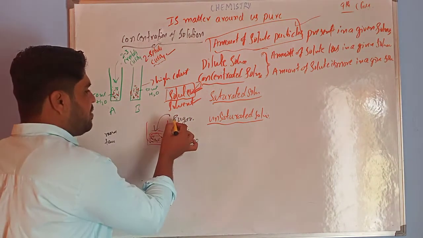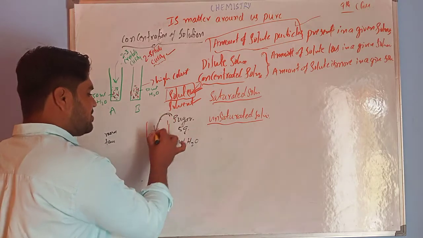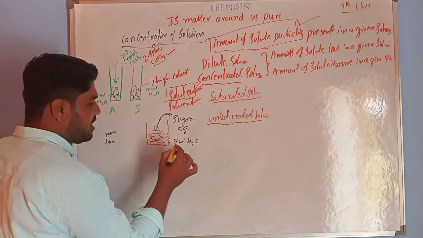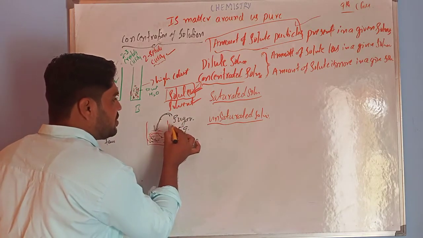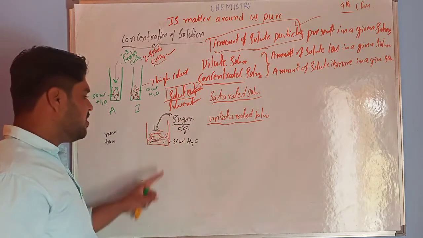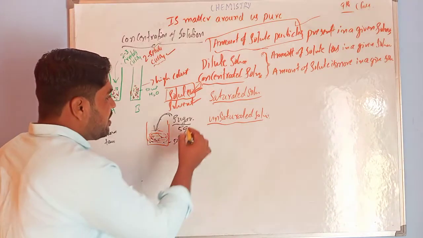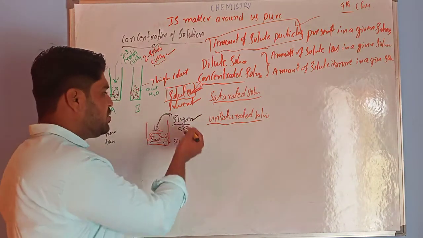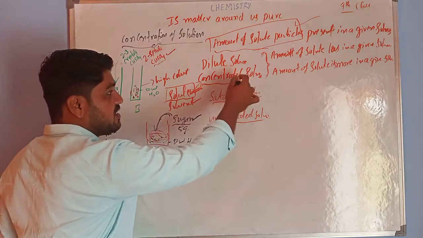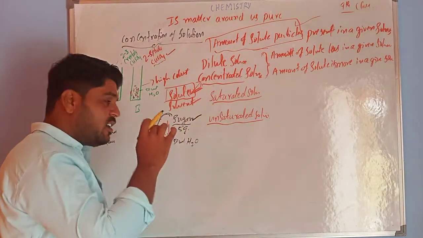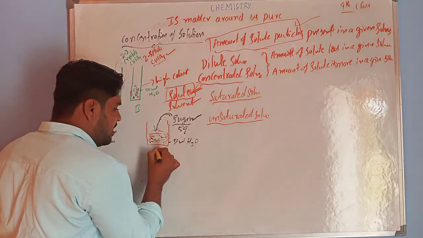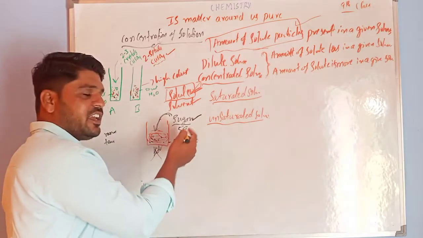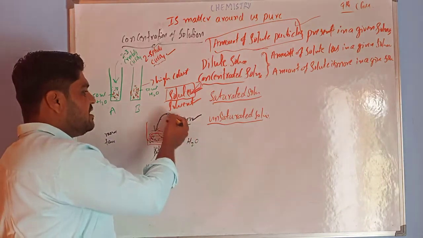So simply I am going to add a larger amount of solute to this in the cold. At a particular point, the sugar does not dissolve in this water, because the amount of sugar is more. We call it a concentrated solution. But when you give heat or raise the temperature of this beaker, then some more solute can be dissolved.